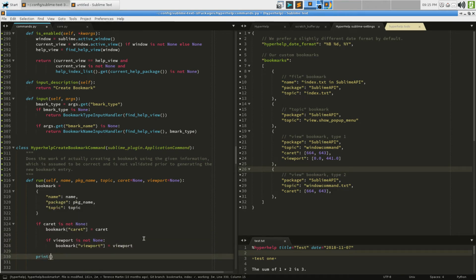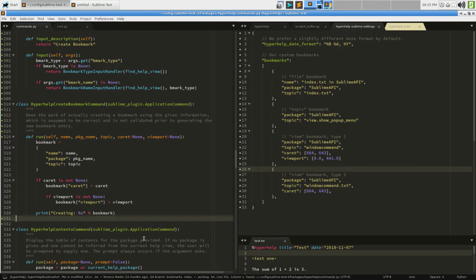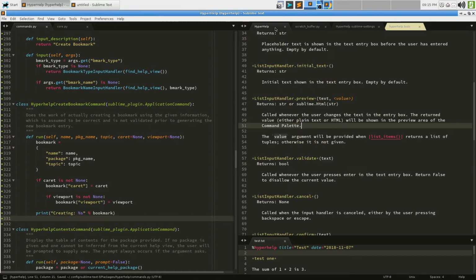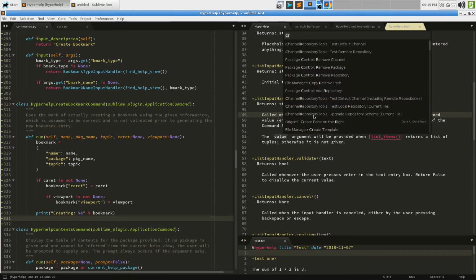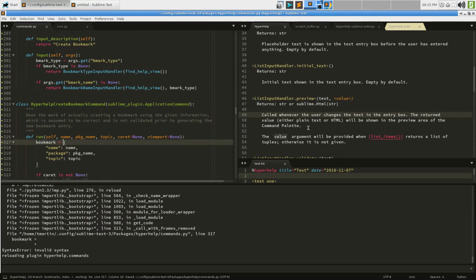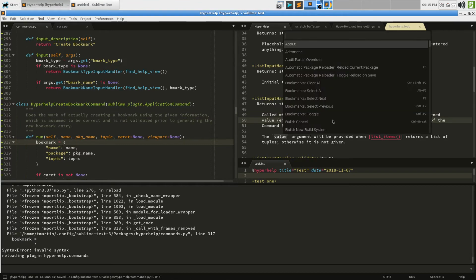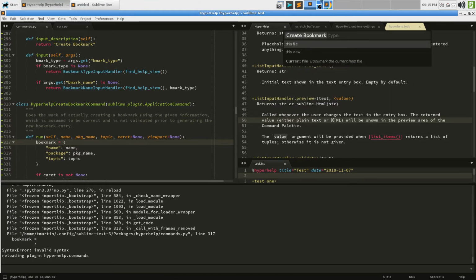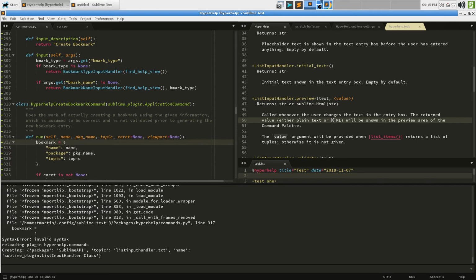And now we can change this to just print creating, and actually provide bookmark as the bookmark to be created instead of all of that. Now let's go ahead and see what that looks like again, because it should be pretty straightforward. I'll open the console so we can see it. Oh, I'll join that line. There we go. Now I'll open the console and create a bookmark to this file with that name, and it's